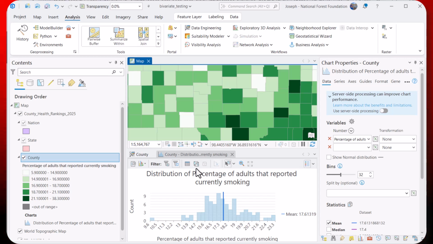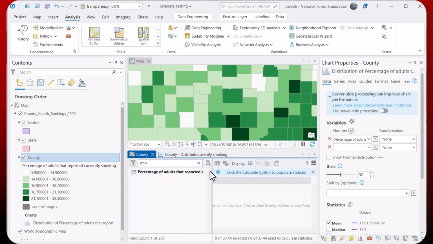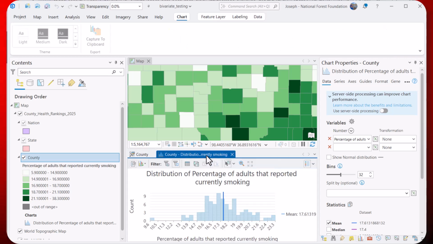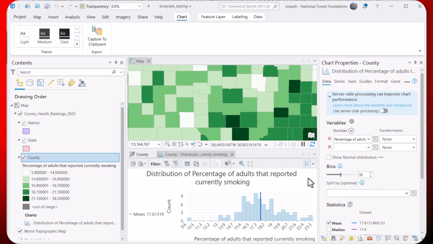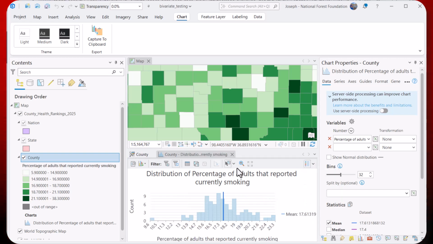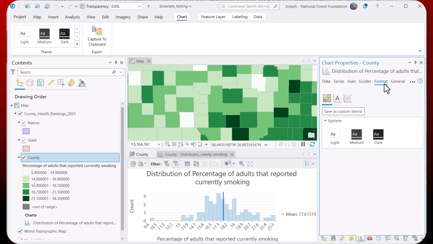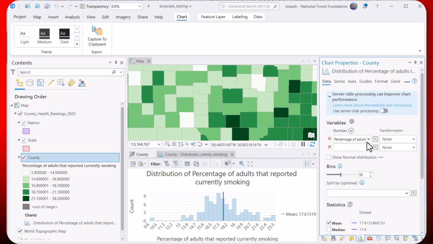But that's the way to get to the place where you can actually sort and enter text that will eventually get to the fields that you want to symbolize. That is in the data engineering zone. And now I'm tinkering with my chart a little bit. Notice here, when I change the variable, it's still not sorting in this particular case with the chart properties. So it may be because of the way that this data is served,